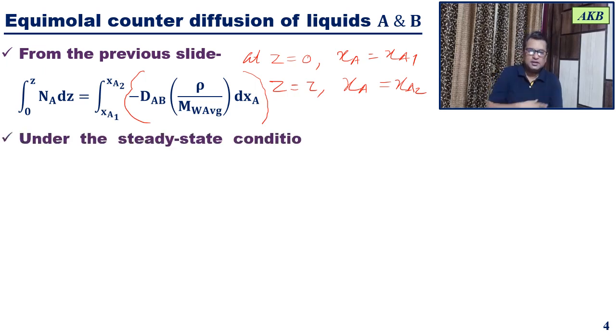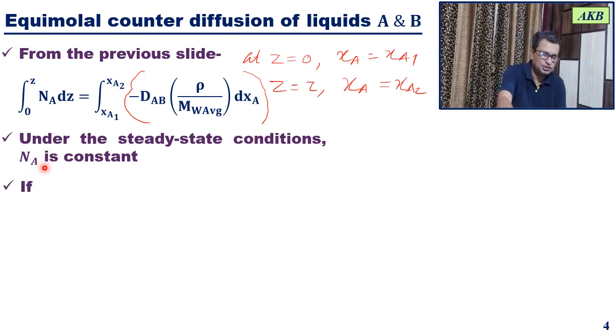Okay, so you get this equation. Now understood, let us try to identify the constant terms. What are the terms that remain constant? So in the beginning itself we have understood that under steady state conditions Na, the molar flux of A,